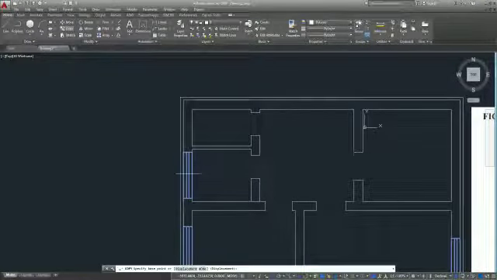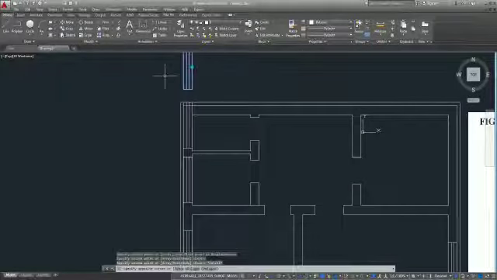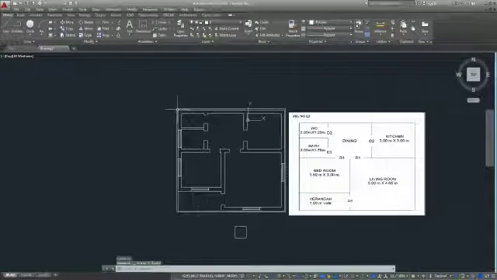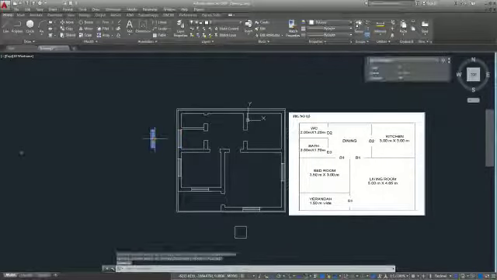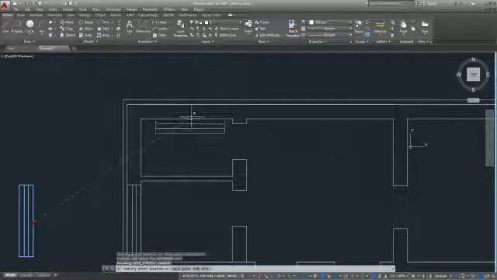Copy this outside. Click on this, grip is there, bring to this wall, we will place this here, bathroom.